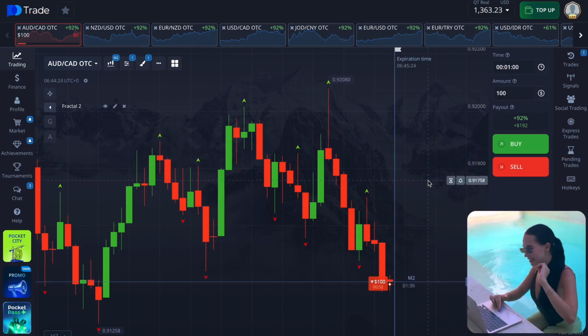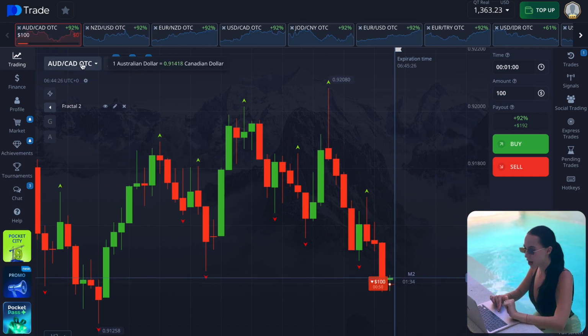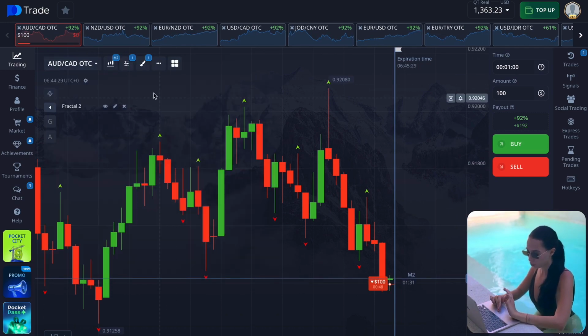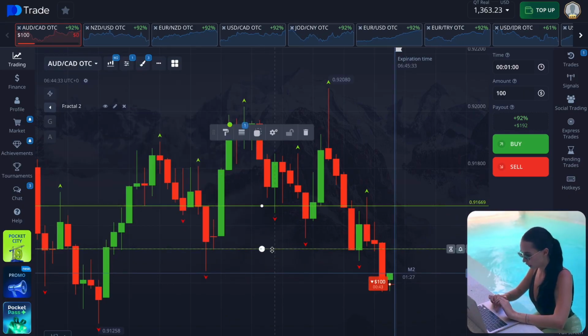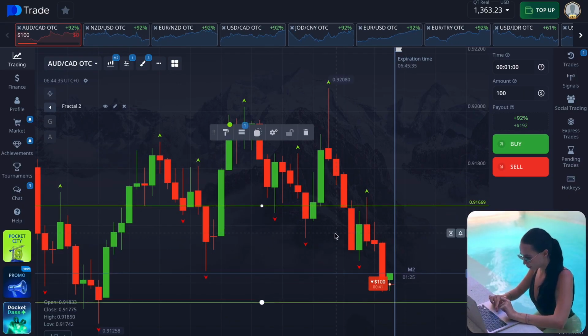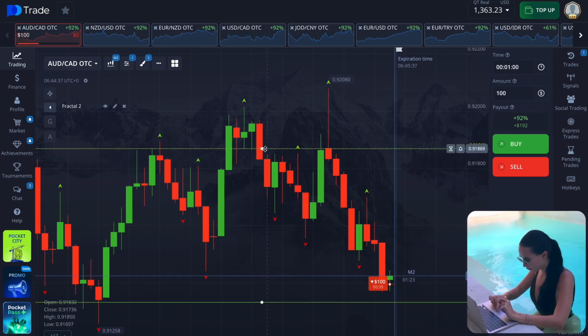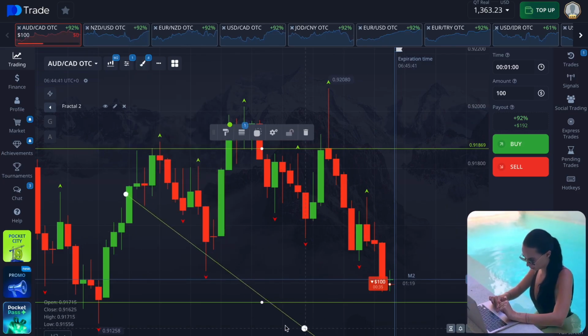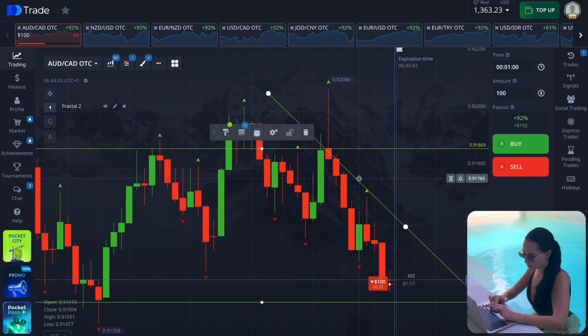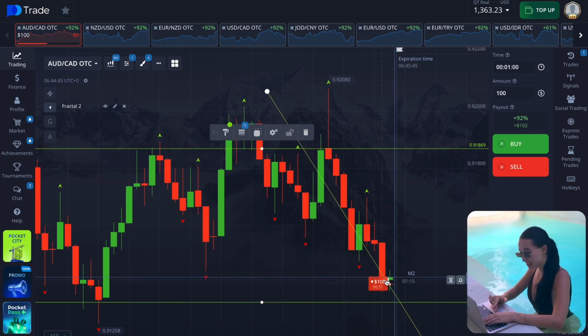So the fractal indicator is one of the simplest yet powerful tools in trading, especially for lower time frames. So it's perfect for scalping. I'm also gonna draw for you the level. So as you can see, the price can achieve this level as before. Here is the support and resistance, and here is the trend right now. It's definitely downward. So especially for 1 minute, we can close the trade here, but we can see some corrective